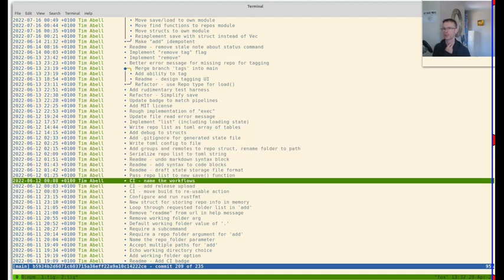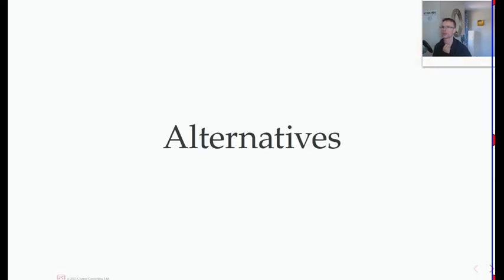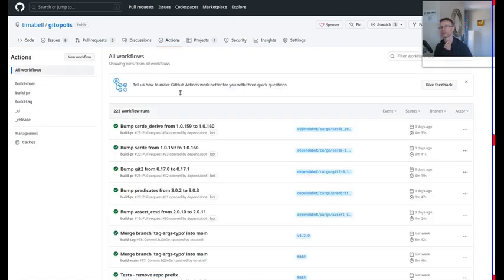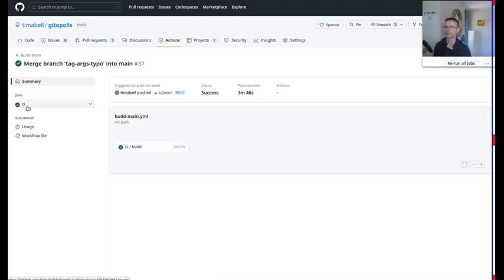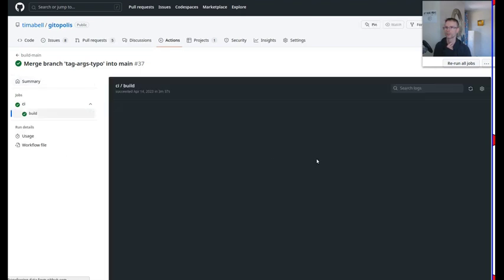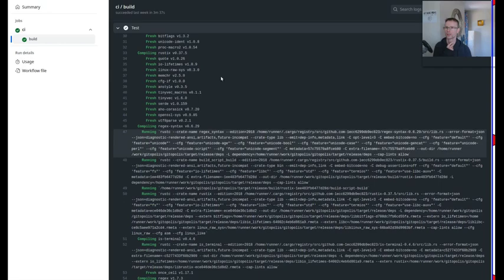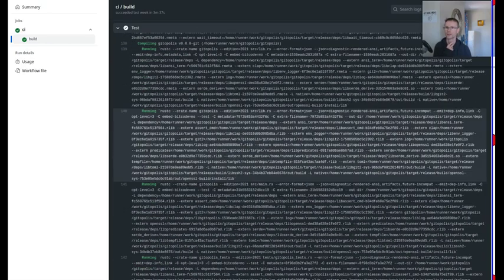So I've got CI set up. Yeah, I should show you that quickly because that's kind of cool. I just think it's incredible that for open source projects we can have full end-to-end CI, like literally it's spinning up a Docker server with all the Rust tooling. It's actually running the build. It's actually running real end-to-end tests. So if I look at this last build of main and fire it up, you can see the test step literally doing a build right there in CI,